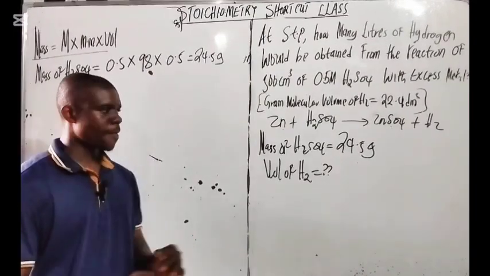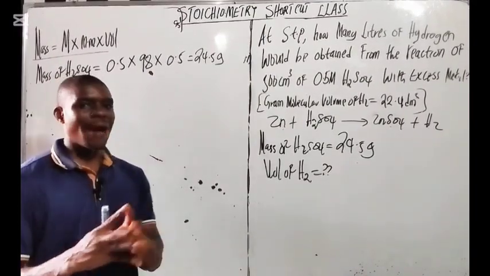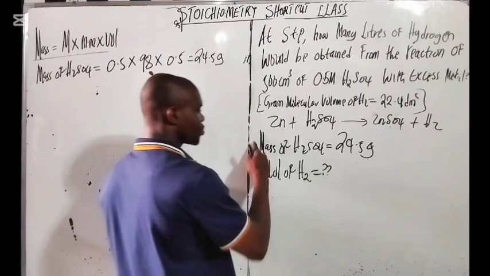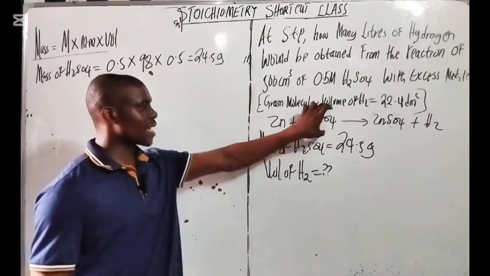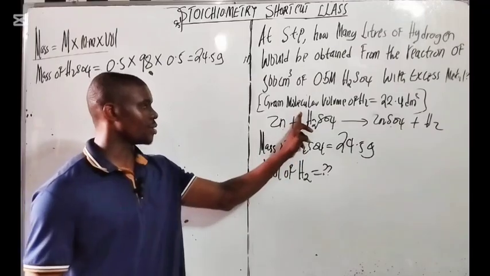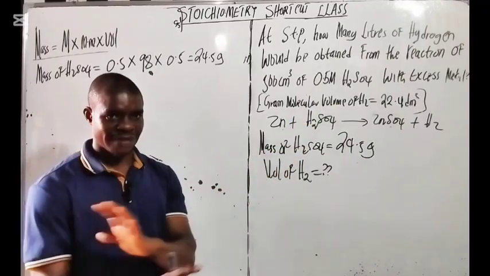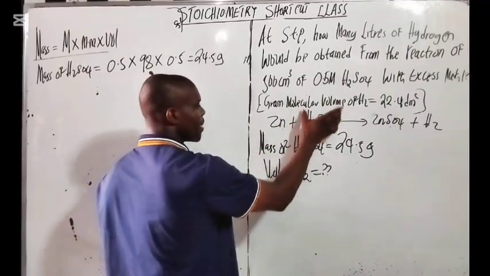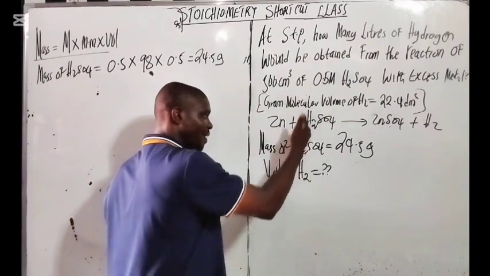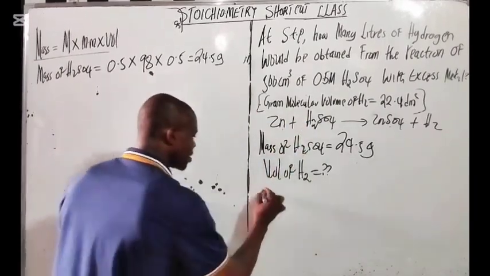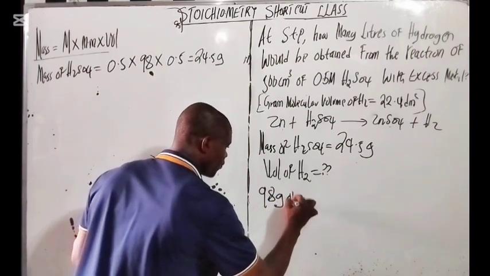So our relationship is going to be a mass to volume relationship. Remember, the mass of this one here is going to be 98 times 1, so the mass to volume relationship is very easy here. What is the molar mass of this one here? The molar mass is 98, times 1 here. Do you understand? So it's going to be 98 gram of H2SO4 equals to